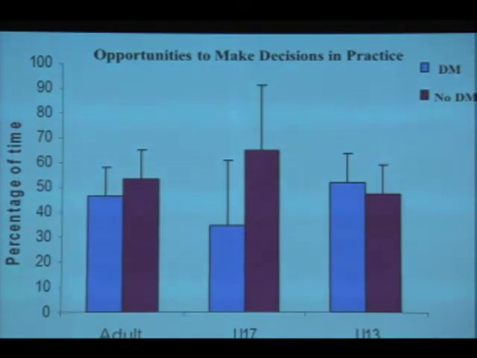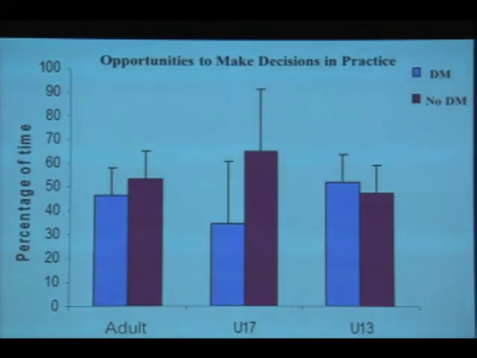About a couple of years ago, we were approached by one of the top Spanish teams, and they were interested in trying to improve the decision-making skill of their players. So what they asked us to do is pretty much a similar approach to what we did there with the coaches. We filmed coaching sessions at the under 17, under 13, and adult age groups. And we coded the activity to try and identify opportunities for players to make decisions. Our argument was, if you want players to be good at decision making, then surely you need to create learning environments in which they actually have to make decisions.